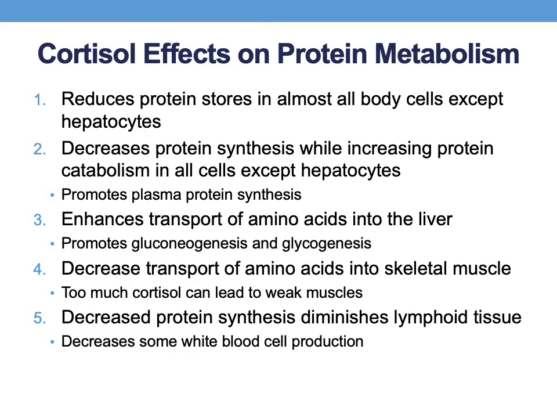Now here's the problem. It decreases the transport of amino acids into skeletal muscle, so too much cortisol can lead to weak muscles. It also decreases protein synthesis and diminishes lymphoid tissue, and that can lead to a decrease in some white blood cells maturing. I said production here, but we know white blood cells are produced in spongy bone, but many of them mature in lymphatic tissue. So a big effect, when normal levels of cortisol are circulating for its 90-minute half-life, it really